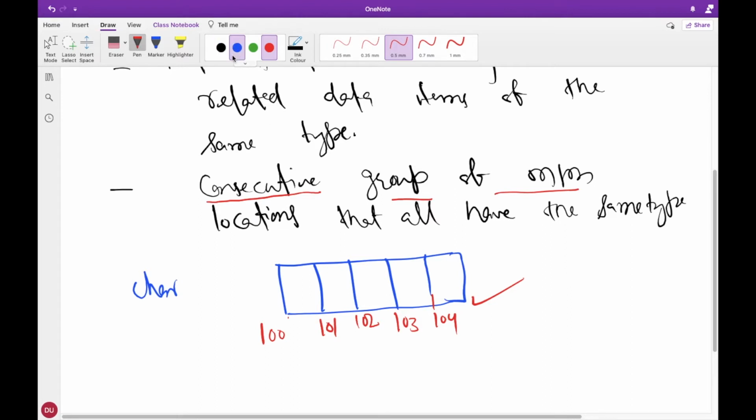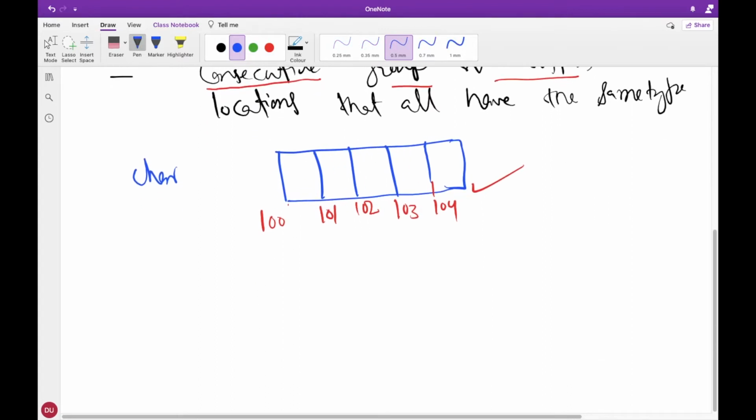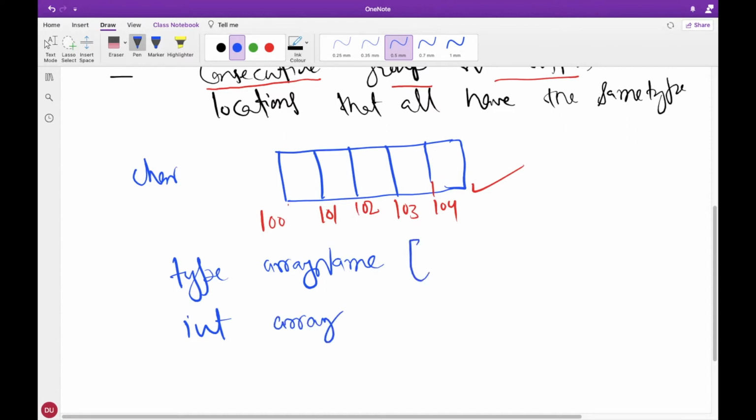So if you want to declare an array, you have to do it like this. You have to write its type. So if you want to declare an integer array, you have to write int like this. Then the array name. In our case, I want to write array, and then you have to provide the size inside these square brackets.